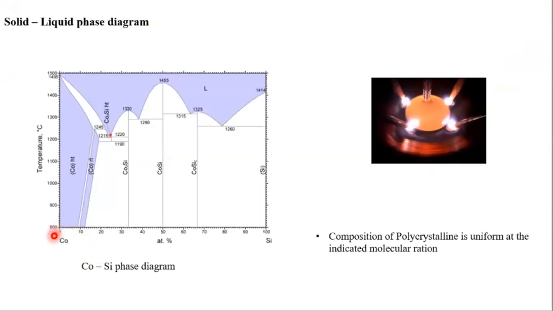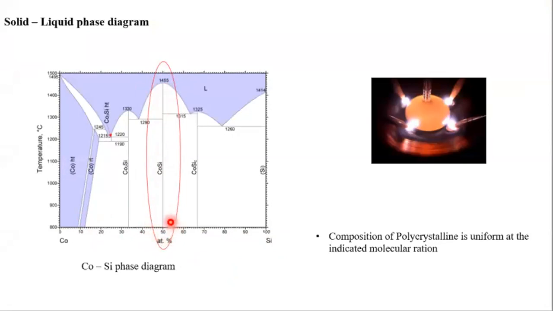So you can see this is cobalt and this is silicon. This is the solid-liquid phase diagram of the cobalt-silicon system. If you look at this point only, you can see if you take 50% cobalt and 50% silicon, you get this dome and the corresponding dome line, and it has a melting point of almost 1500. So when you have this kind of solid-liquid dome phase, then you expect that this composition